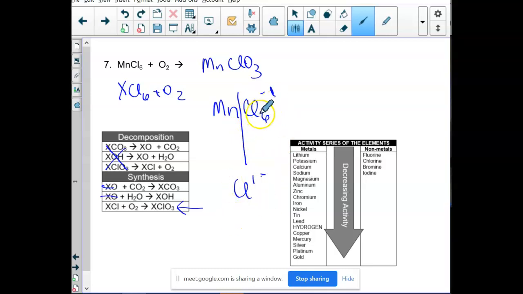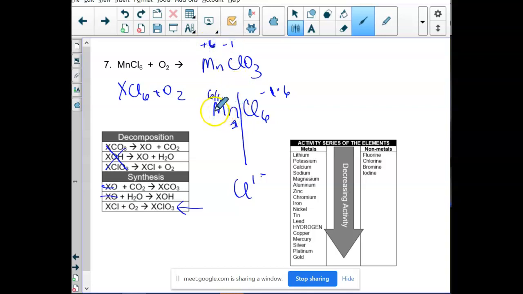So the Cl1-, this 6 says there's 6 of them because it's monatomic, and you use the numbers when they're monatomic. Otherwise, you have to have parentheses. When they're poly, you have to have parentheses to have more than one. So that means Mn must be a 6, and there's one of them, right? Because there's a 1 there. So then 6 divided by 1 is still 6. So then I know this is the +6 Mn, and it's with a -1